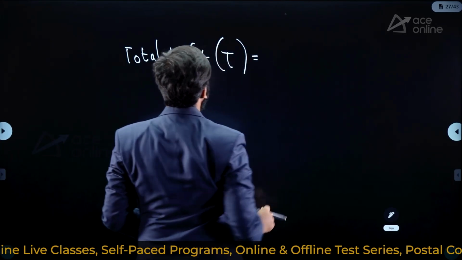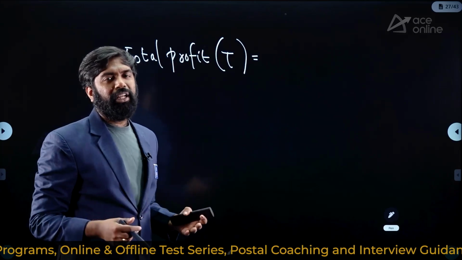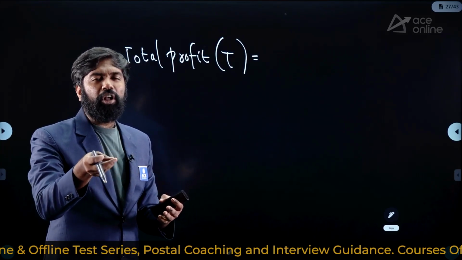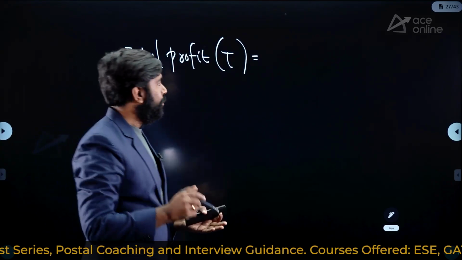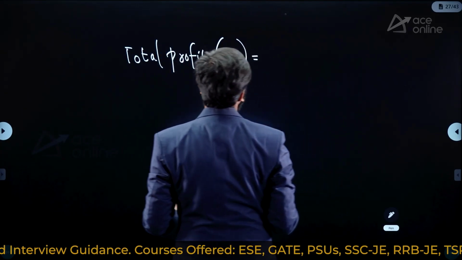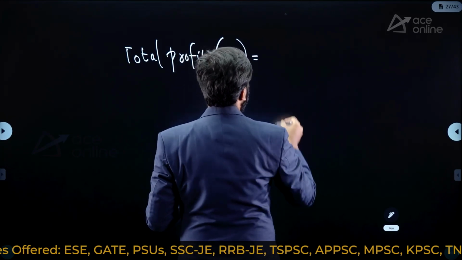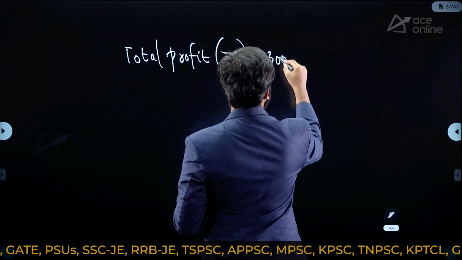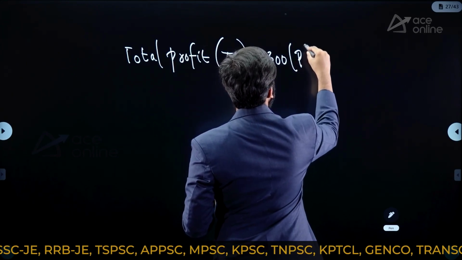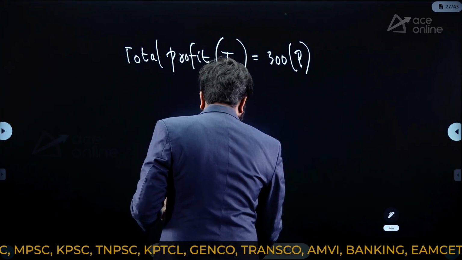So what is the total profit? The total profit is nothing but the total selling price minus whatever cost it has incurred to produce those units. So what is the total selling price? Each unit is sold at a price of 300 rupees. So it is 300 into how many units? P units have been produced in a day. So this is the